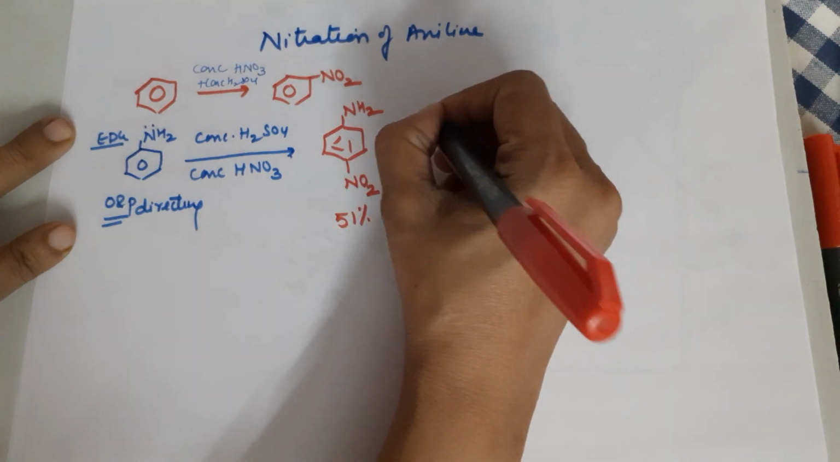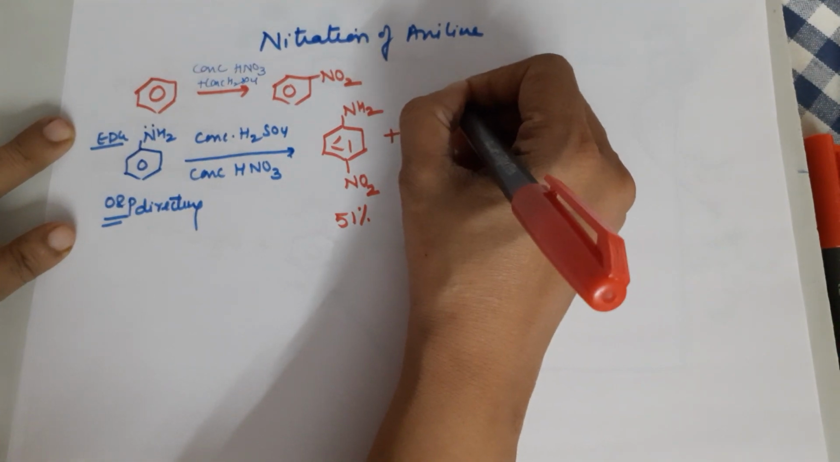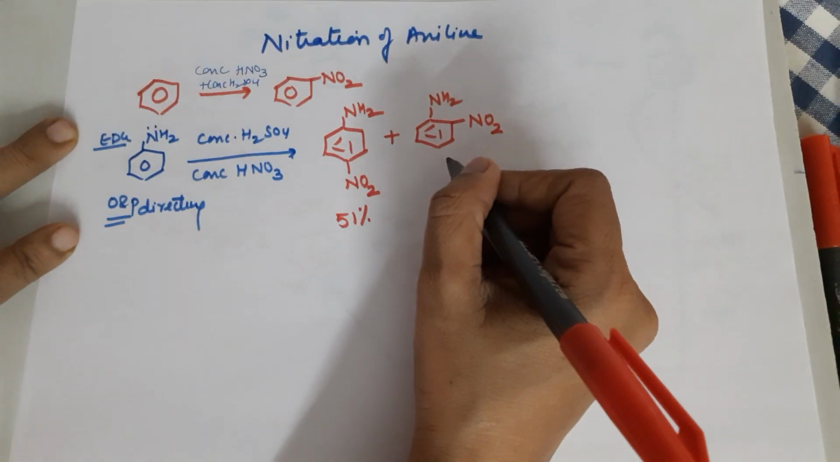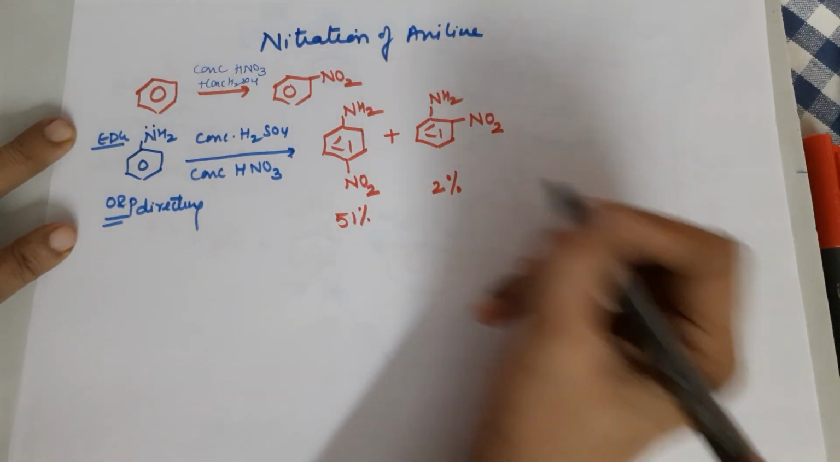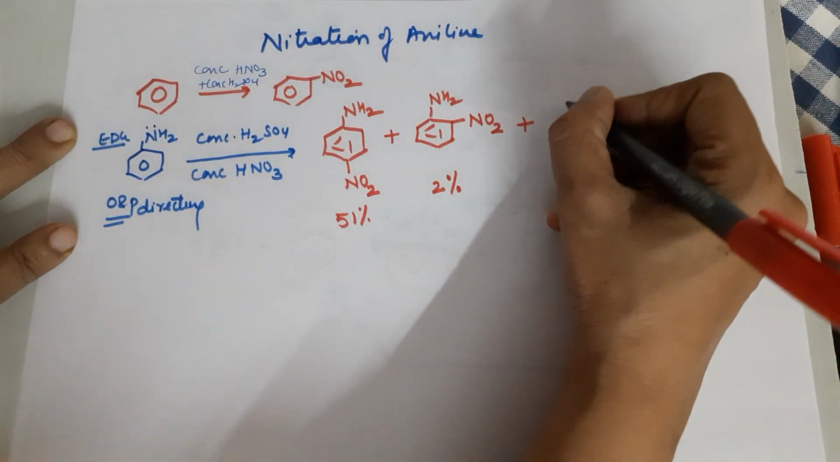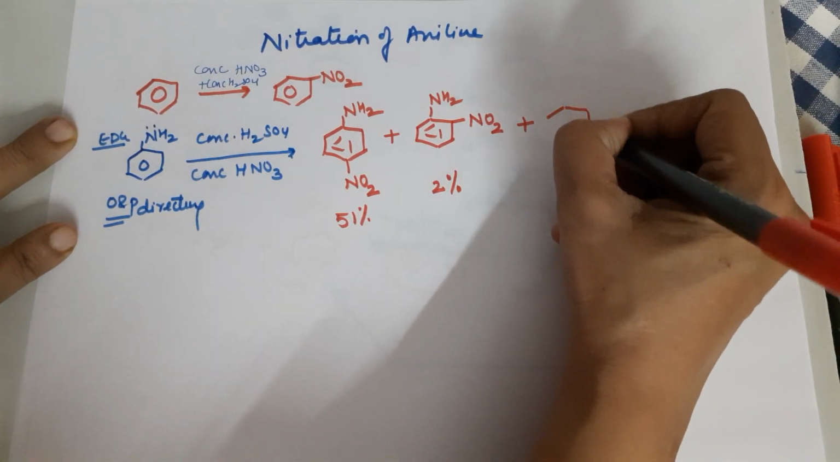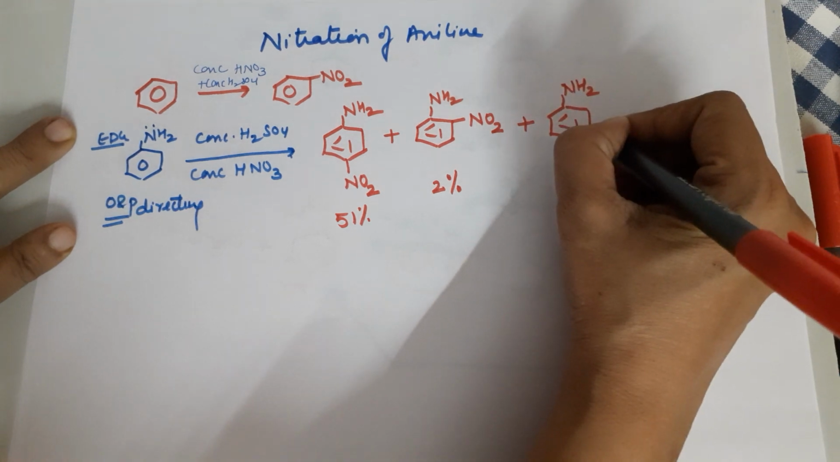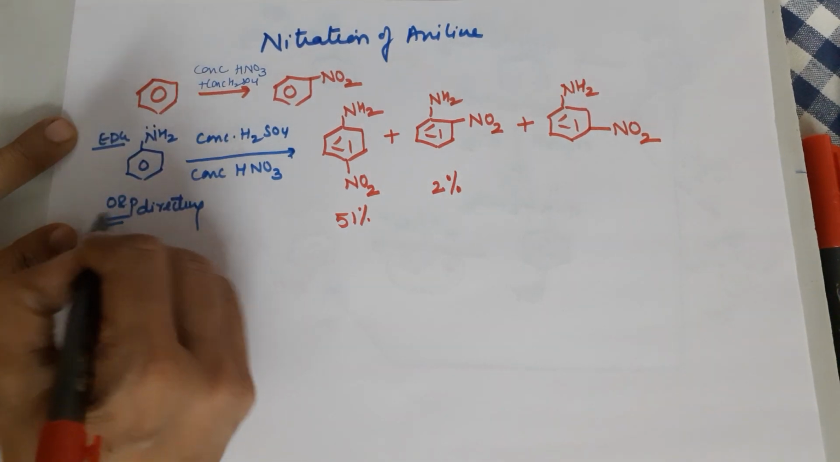You also expect it to form an ortho product, of course a little less, but ortho bhi to banega. Surprising fact is ortho is only 2%. Now what is the rest? 51 and 2 is only 53. The surprising fact is here: यहाँ पे एक अजीब बात है, you get a meta product also, जबकि aniline तो सिर्फ ortho para पे लेके